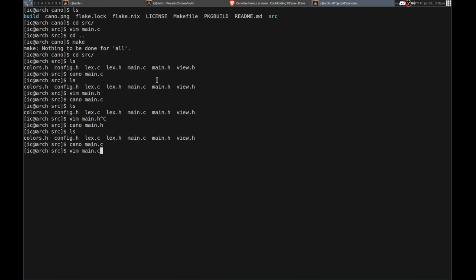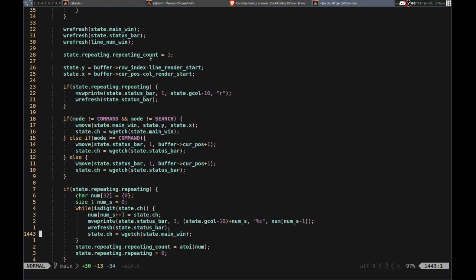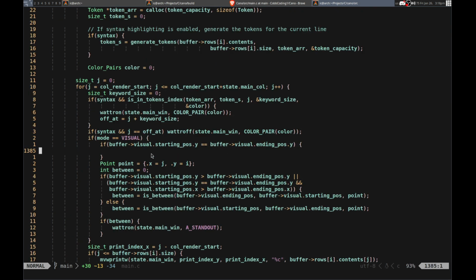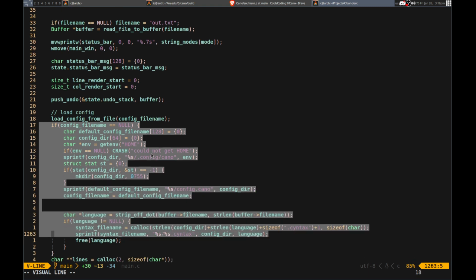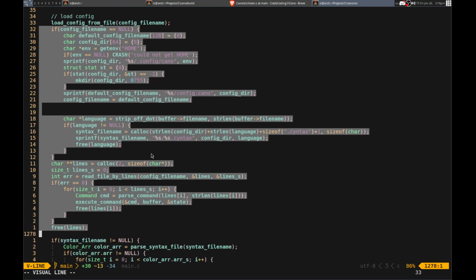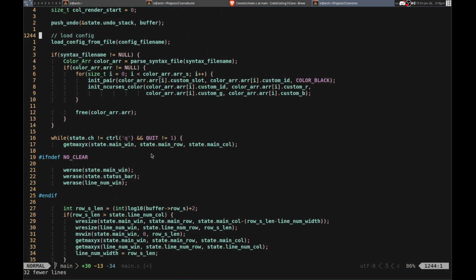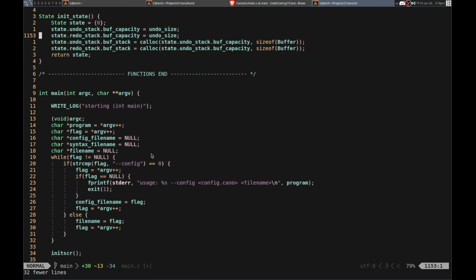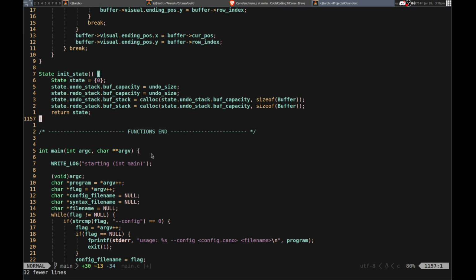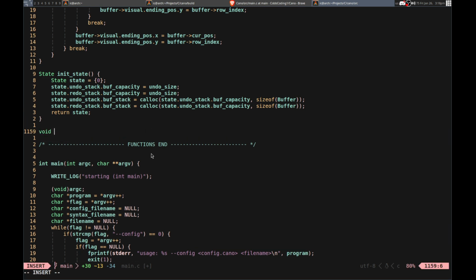Vim. Okay, just to do this. So let's do load. Yeah, we can just put all this stuff in there. So we can check that in there as well. That's fine. Just move this into load config. I need to add these to the header file as well. This could probably return an error as well, but